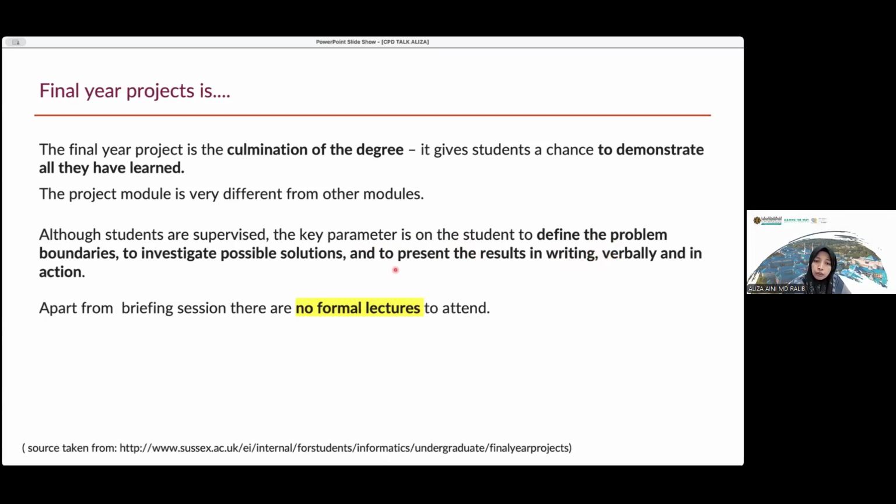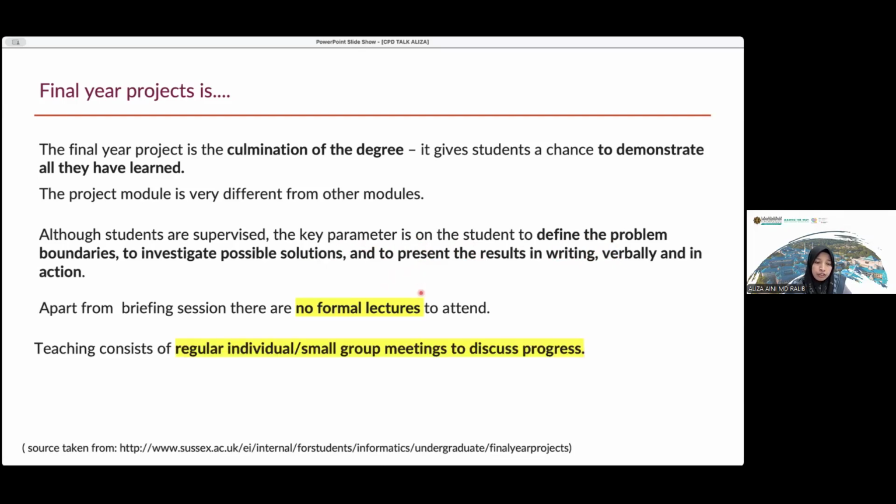So there are no formal lectures to attend except the briefings. For example, in our department, we have 5 briefings throughout the semester, but the transfer of knowledge is mainly from the supervisor to the supervisees, the FYP students. Okay, since it's considered informal teaching, discussion is very important.